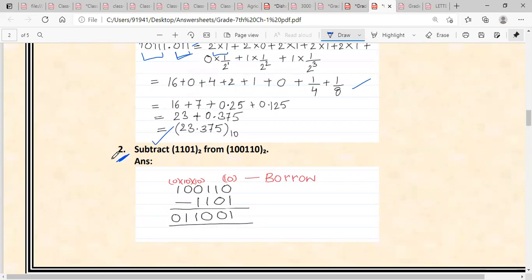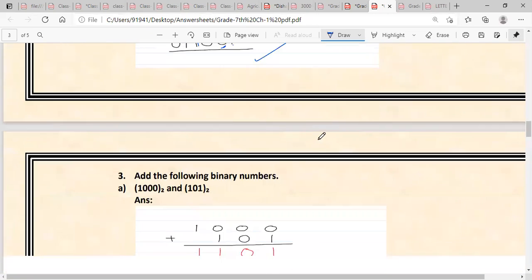Okay, now this is a unique sum. Subtract this number from this. Now you can do the subtraction. 0 minus 1 is 1, and it will borrow a 1 from here, and again we will get an answer 0. Again 1 minus 1 is 0, and you will start taking a borrow from here, and it will become 10, 1 0 1 0 1 0, and here you will get the answer 1 1 0. Okay, this is the method of subtraction.